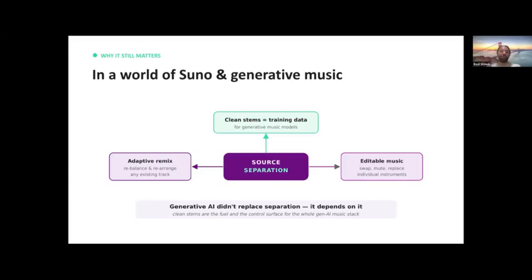So coming towards the end now, but why do you care about music source separation? Because we're in this world of Suno, and that's sort of the music AI everyone's talking about. Well, I guess I'll just give the three reasons here, which is even in a world where people don't make music, which I think is unlikely,